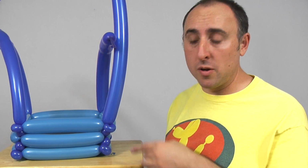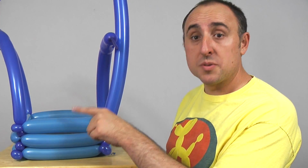And now we have our 3 rows. We have our bottom row, our middle rows, and our top row. So now the really difficult part. What? The rest of the stuff wasn't the difficult part? No, this next part's the difficult part, but I'm glad you stuck with me,